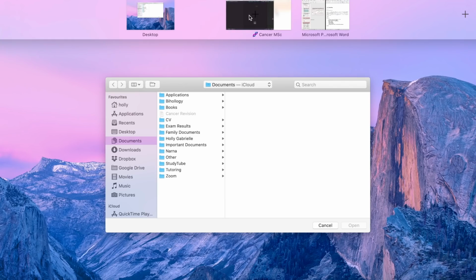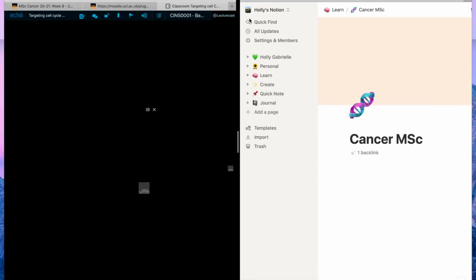But yeah, I'm gonna trial using Notion anyway to make notes because they have quite cool features like this toggle feature. I'm basically looking at, if you are interested, targeting the cell cycle, because obviously the cell cycle is defective in cancer cells. So it's looking at therapies targeting that to try and make things right again in cancer cells essentially. Yeah, so that is what the lectures were about, and I just split my screen so